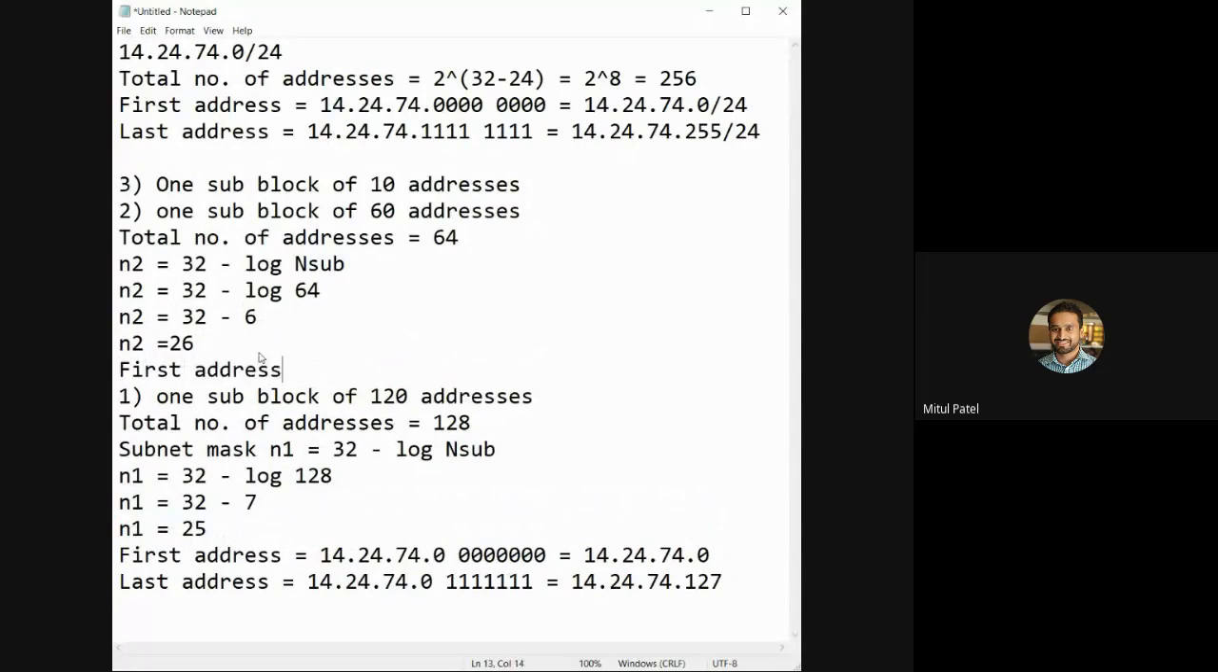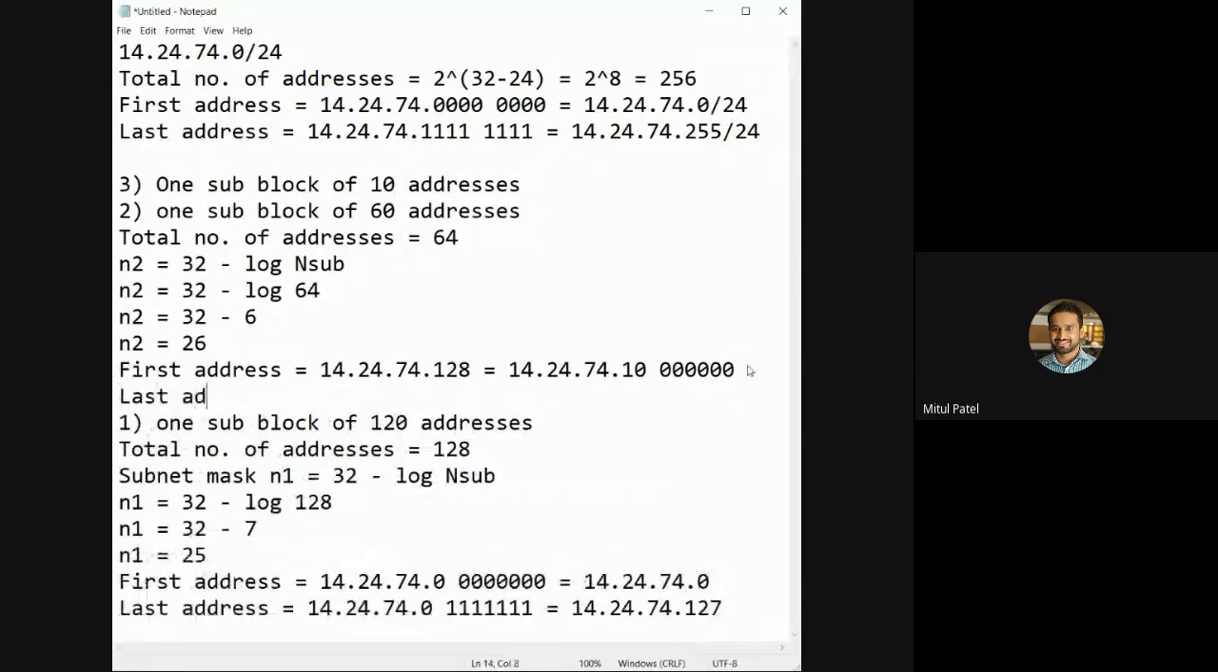The first address can be found by setting the rightmost 6 bits to 0. Okay, so here our addressing is completed at 127. So the new beginning address for this block is 128. So 14.24.74.128 is our first address. The last address in this block, we have to fix